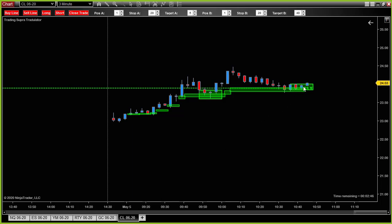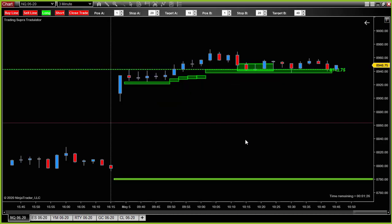Crude, if this were on, would just have triggered long yet again, but crude has been up, up, up, and just like I've mentioned before, just don't want to continue to be the one holding the bag. But it may be a good, at least for a small target. So far, small target would have been filled here in crude. And so I realize what would have been isn't really fun to talk about, but I just thought I'd keep